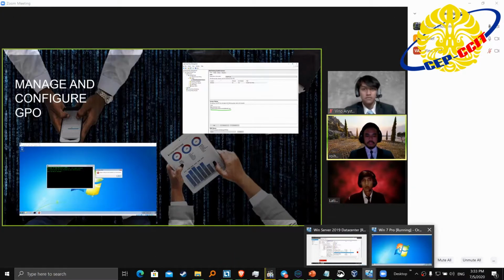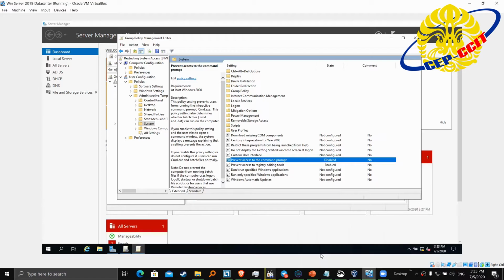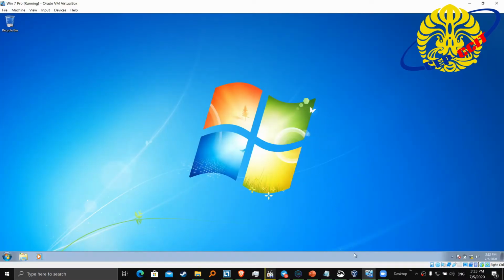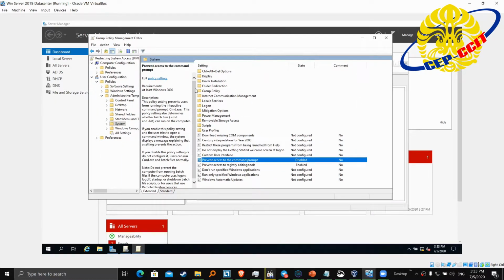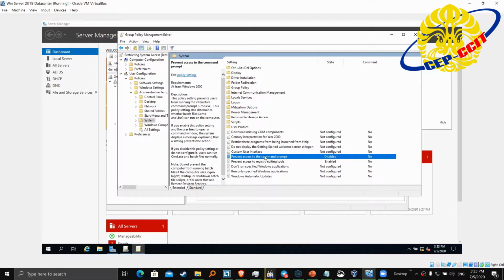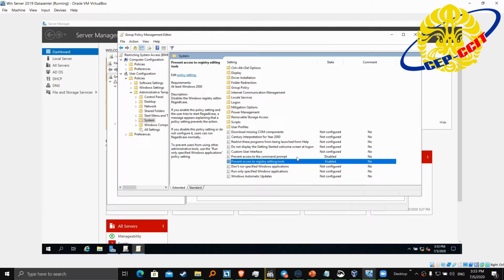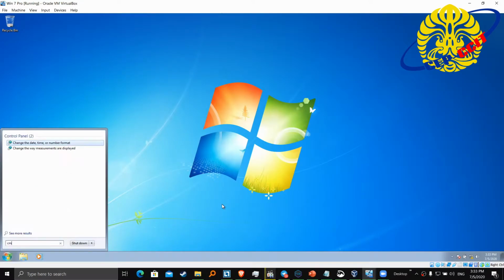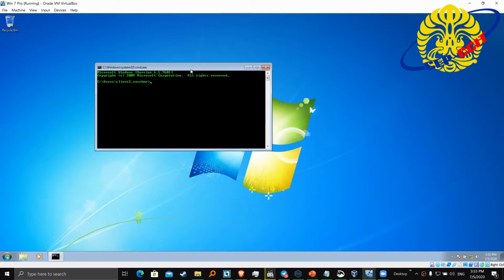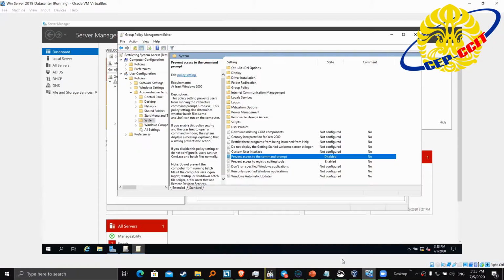I will show you the example. This is the client computer, and this is the main server. This is the GPO settings for the client, and currently the command prompt is disabled, so the client can open the command prompt. Okay, now we will enable the restriction.